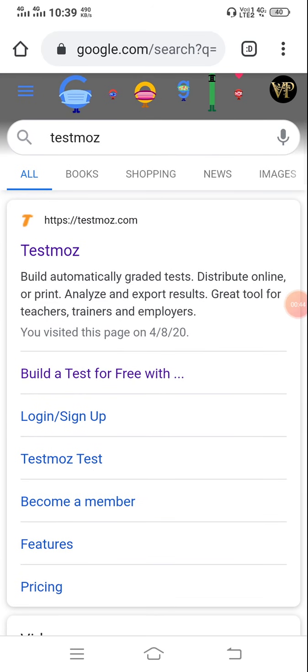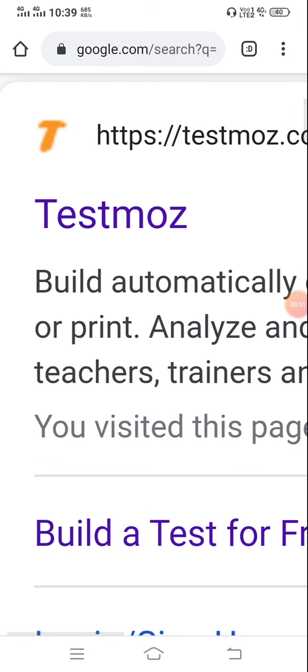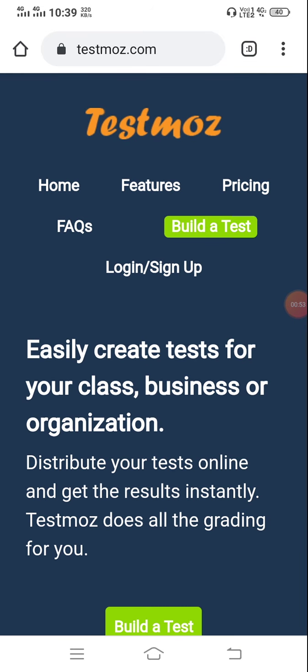The page will be obtained like this, and we click on TestMoz. Next, a new window will be obtained like this: home, features, pricing, FAQs, build a test, login or sign up. Just click on build a test.